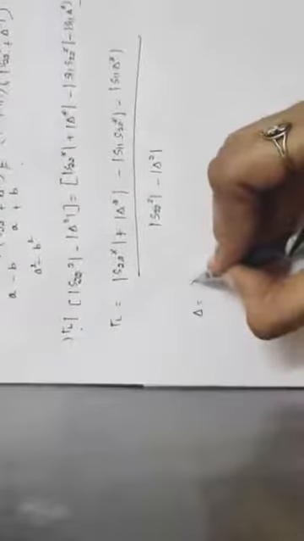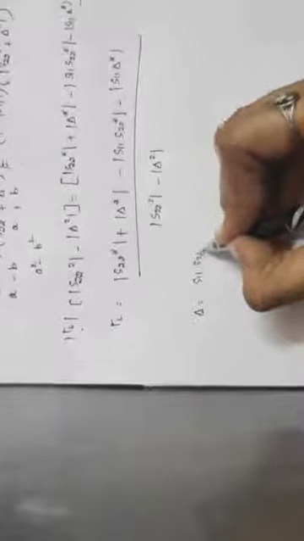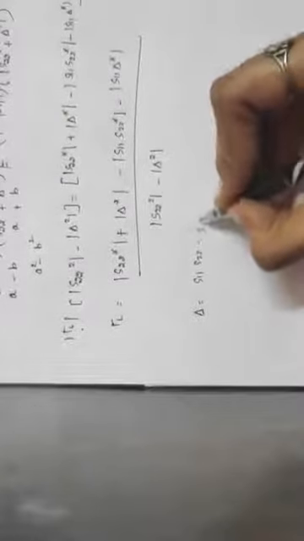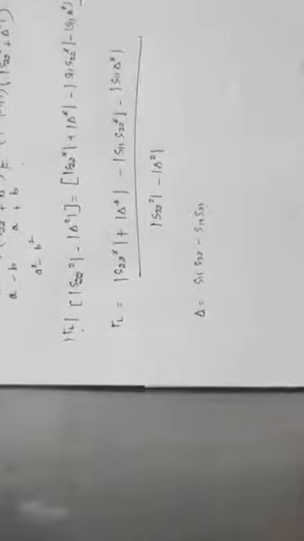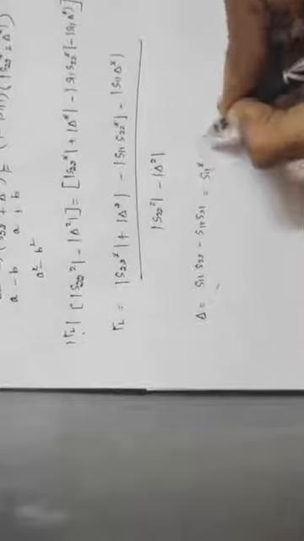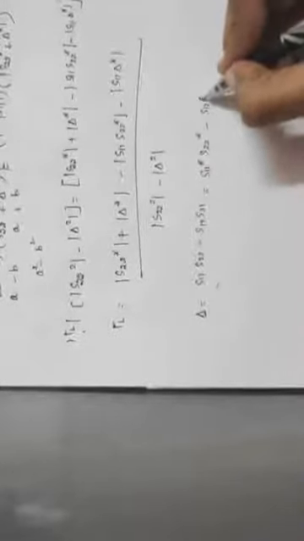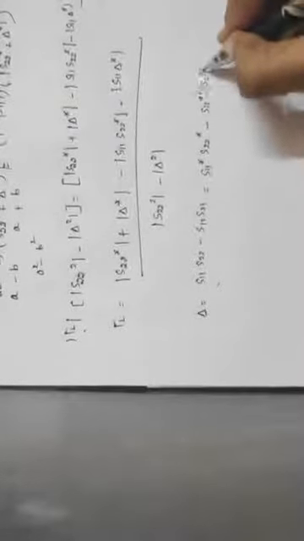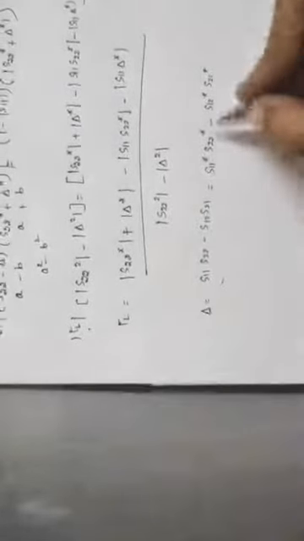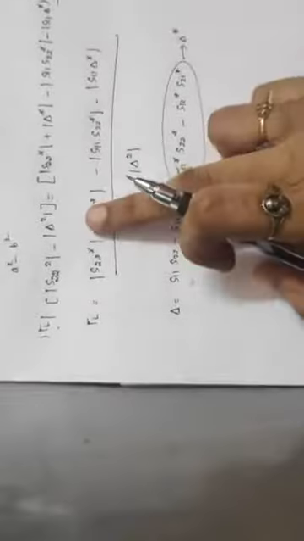Now what is del conjugate? We know del is equal to S11 S22 minus S12 S21. So the conjugate of this becomes, take conjugate of all the S parameters. So it is S11 star S22 star minus S12 star S21 star. So this is your del star value. Substitute this del star in this place.